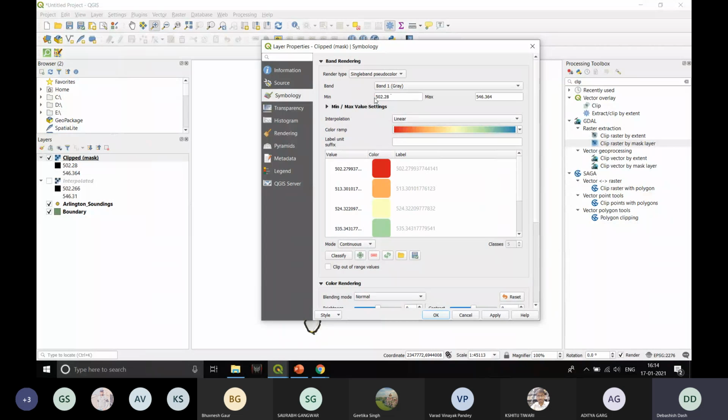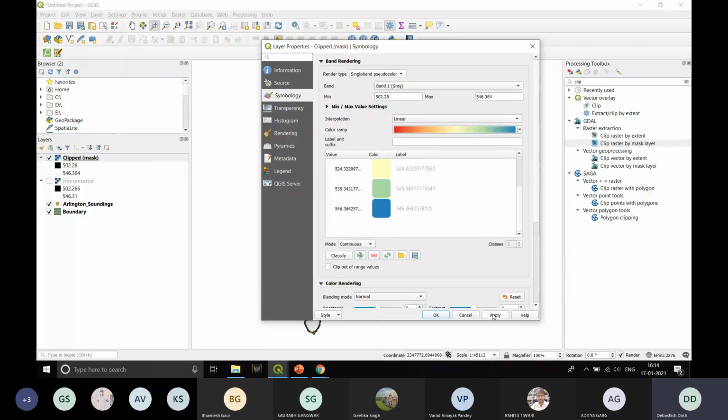It takes the minimum elevation value of the downward ripple, which is around 502.28 feet, and the maximum value, which is around 546.36, and divides it into 5 different classes of color. The lowest value of elevation is indicated in red, and as it increases, the color goes from red to orange to yellow to bluish.